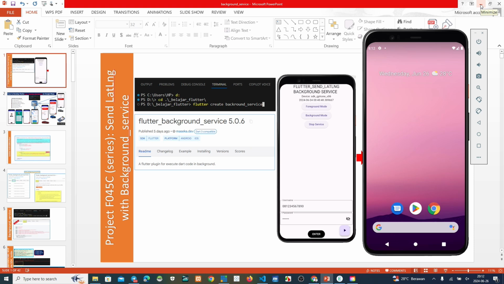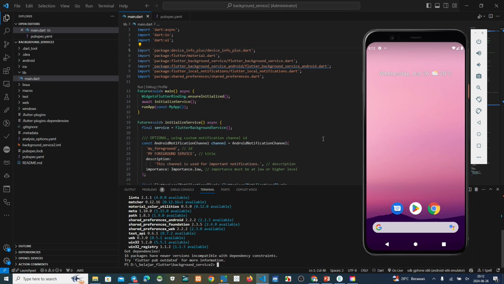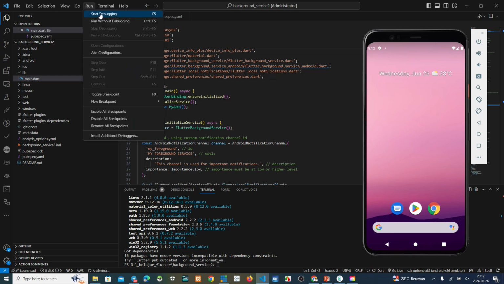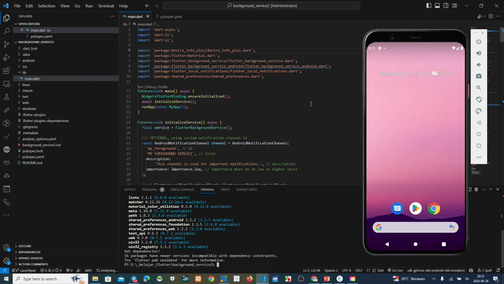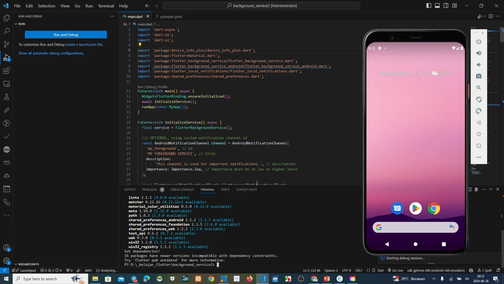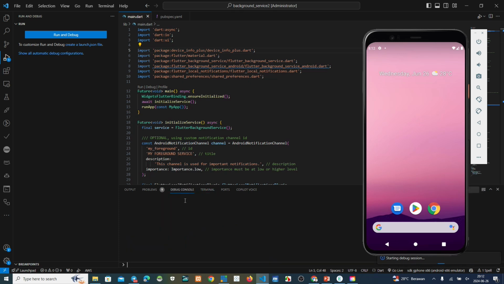After that, we add the send latitude and longitude. Okay, now we try to start debugging. We see if there is something wrong in my project, we can see on the debug console here, and then we must update depending on our Flutter version and also our SDK version and so on.